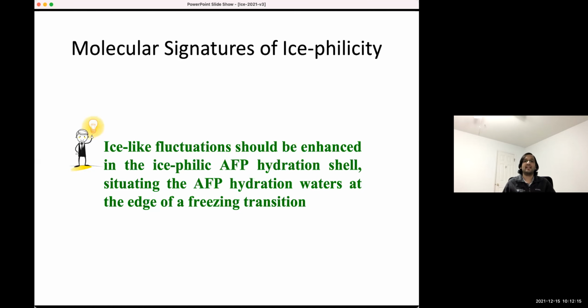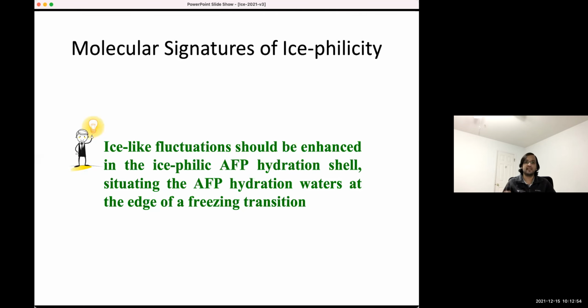I won't go into too many details regarding those order parameters, but I'll say that they're based on spherical harmonics. In particular, we build off of Lechner and Dellago's work, using local orientational order parameters. But even if we can bias orientational order parameters and sample rare ice-like fluctuations near AFP surfaces, to test a hypothesis of this nature, that say ice-like fluctuations are enhanced near ice-philic surfaces and suppressed near ice-phobic surfaces,